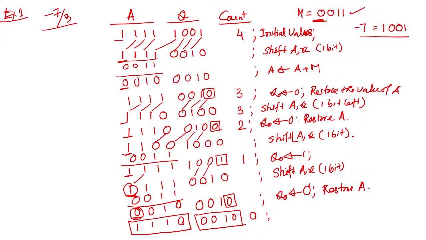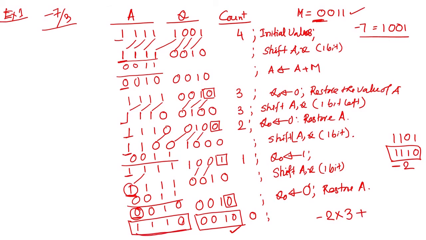If both are having different signs, that is, this is 0 and this is 1, then you have to take the 2's complement of this part. Okay. So, the 2's complement of this part will be the result. So, the 2's complement of this one, what will it be? So, 1 1 0 1, you add 1, it becomes 1 1 1 0. So, this is nothing but minus 2. So, then minus 2 into the positive number 3